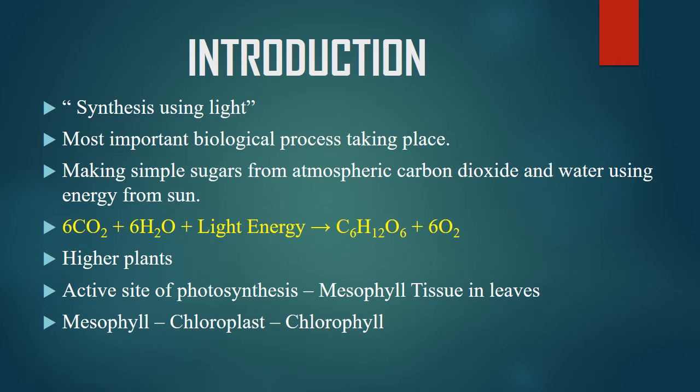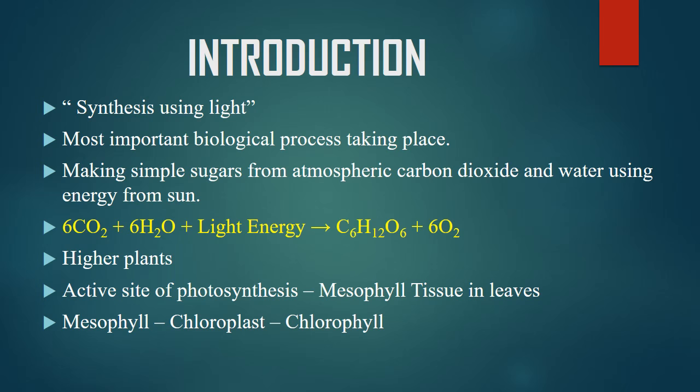When we discuss photosynthesis, we are discussing photosynthesis in higher plants. The most active photosynthetic tissue in higher plants is the mesophyll of leaves. Mesophyll cells have many chloroplasts which contain specialized light absorbing pigments which are green in color. They are known as chlorophyll. The chlorophyll appears green because it absorbs light of other wavelengths and it reflects the